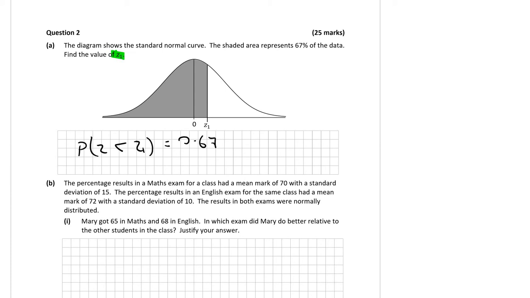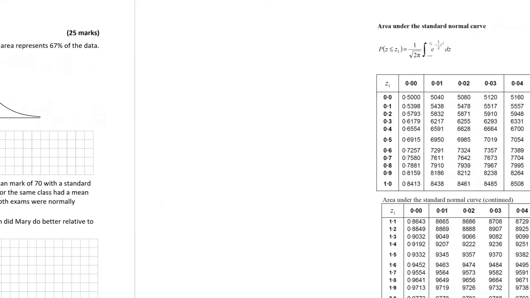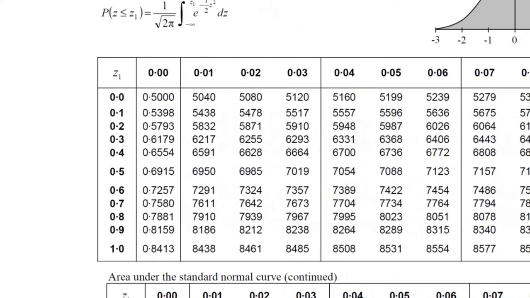It means that 67% of the area lies to the left of z1, whereby the total area under the curve is 100%. Another way of looking at that is that the probability of any value being less than z1 is 0.67, because in total the probability of finding a value is 100%. To find the value that's specifically less than our z1, we just look up the z-scores in the table, so we need to go across to our tables